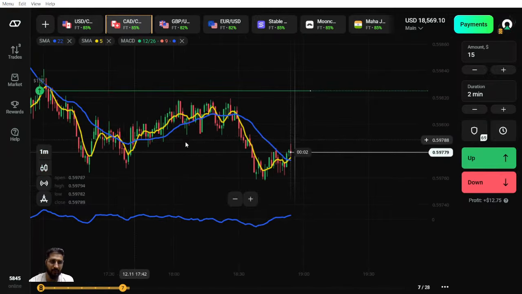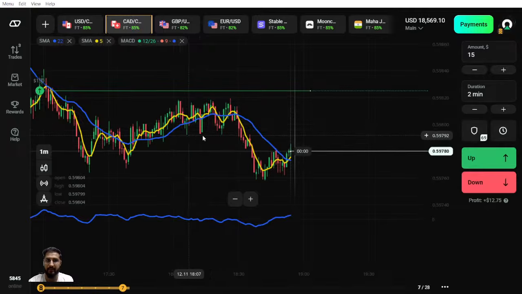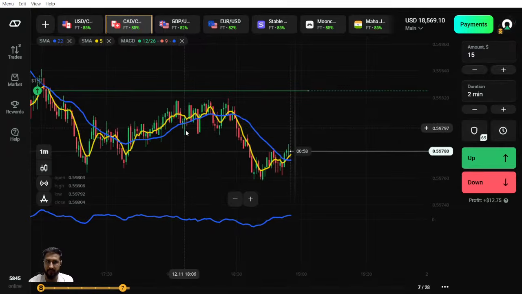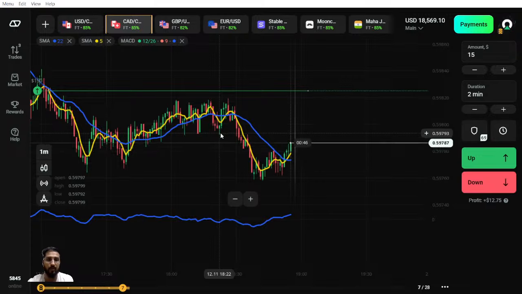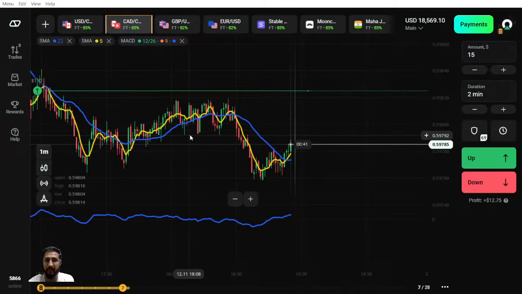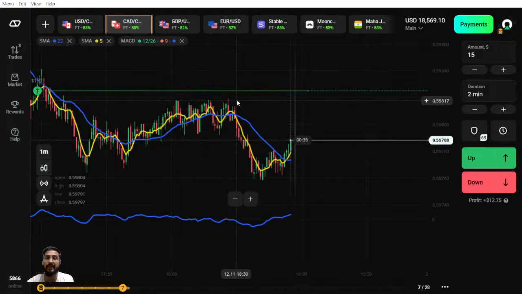Let me just give you an example. This one is a very nice example. So the market was trying to move downward. The market got stuck. There was what we call a rejection of the price, and the market closed in the upward direction. Again, the same happened here, the same happened here. So the more times the market gets stuck, if that level is below the chart, it will be considered a support. If that is on the top of the chart, it will be considered the resistance level.